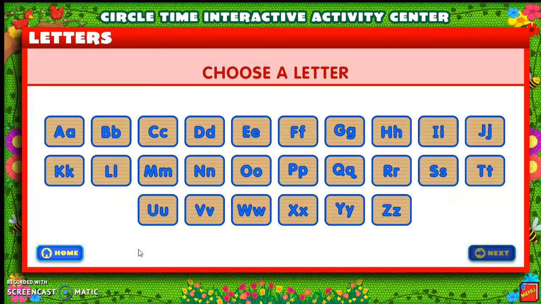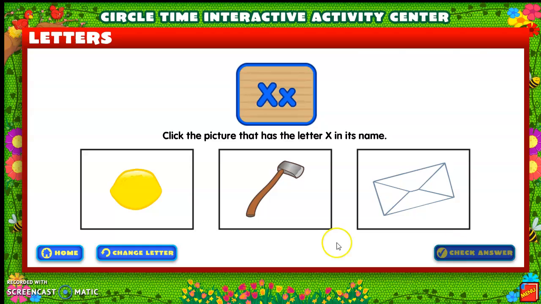All right, let's try that again. Oops, I think Mrs. Allison goofed. She hit the wrong one. Let's try that again. All right, here we have 3 more pictures. Lemon,